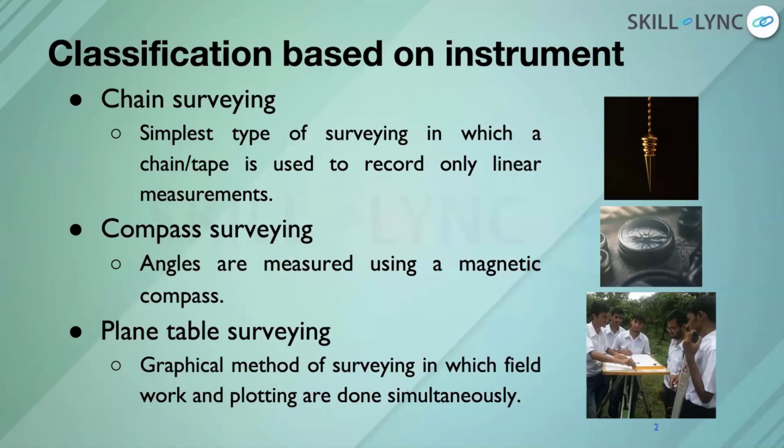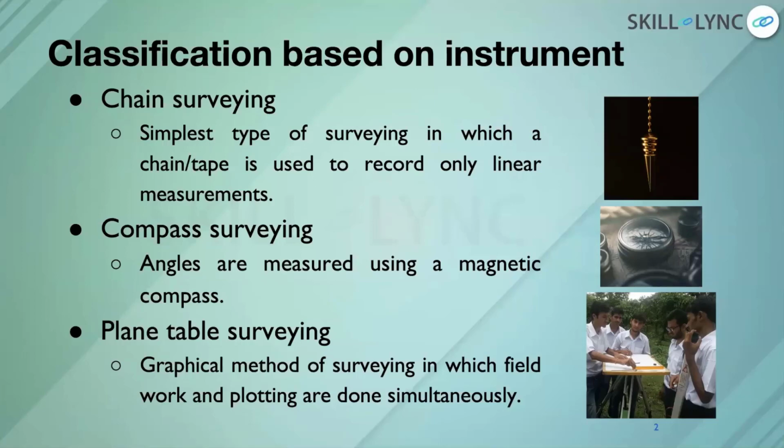The next one is compass surveying. Compass has been in use for decades, like explorers have been using different kinds of compass. These magnetic compasses give you the direction. So in compass surveying, you can measure angles, you can look at directions. The simplest way is considering the true north-south direction as 0 and 180 degrees, and then you start measuring the angles for different directions using this reference line.